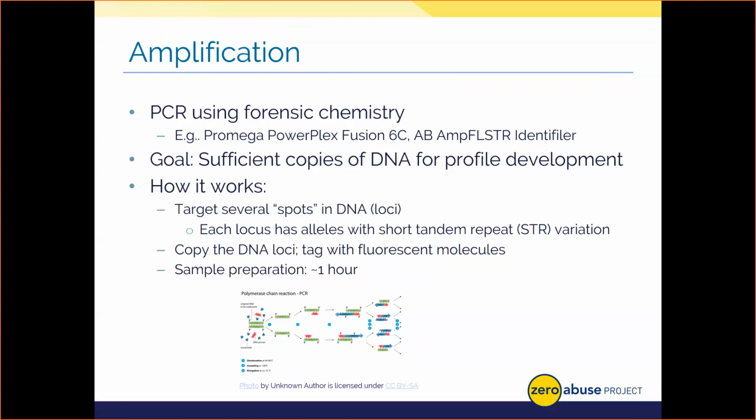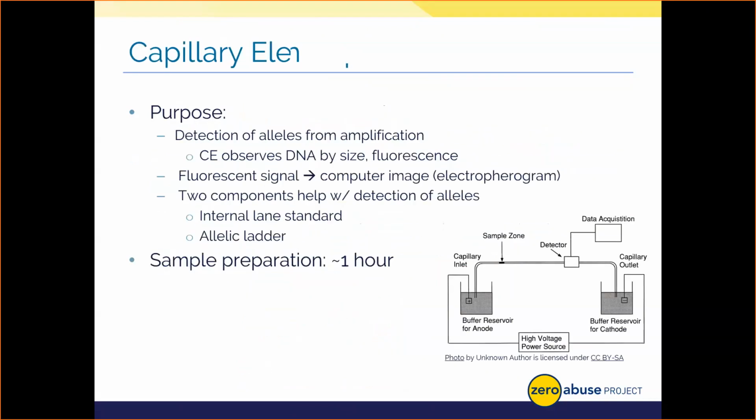So the entire PCR process of thermal cycling and the heating and cooling to make new DNA copies really takes about an hour. And then it should take on average 1 to 2 hours based on how long it takes to get the samples prepped. The good news is that you can do dozens of these samples at once and batch multiple cases. So let's move on and talk about capillary electrophoresis.